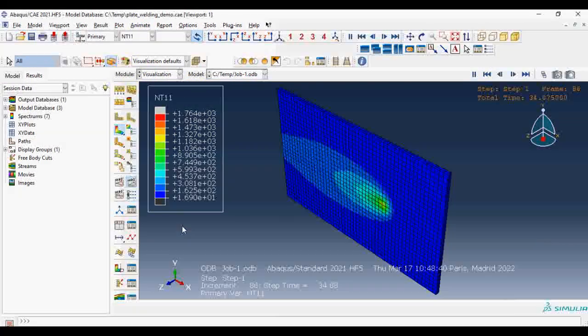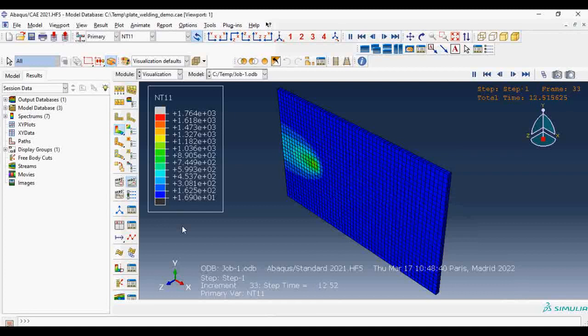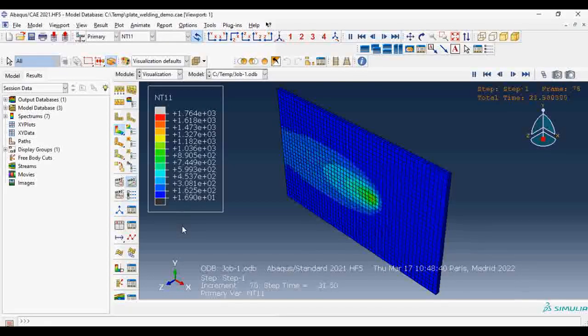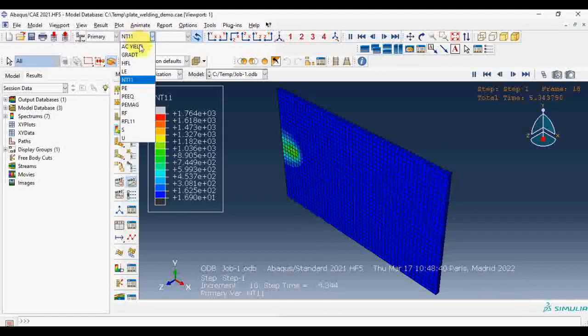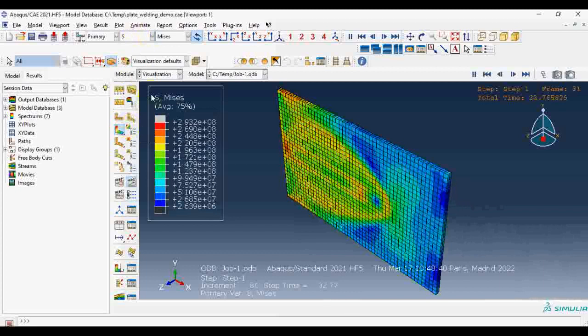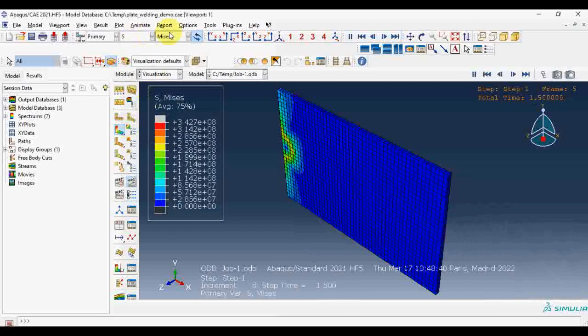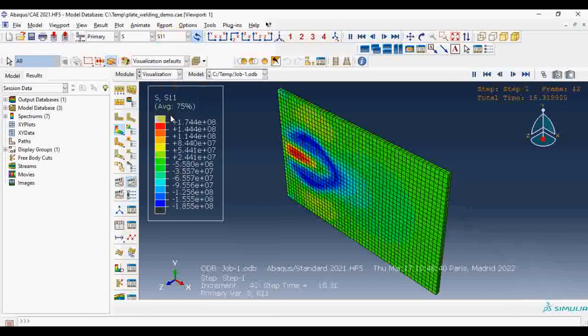Okay, you can see the welding torch and the impact of the temperature on the plate. Here we can see the Mises stress. If you want to check also the residual stress,